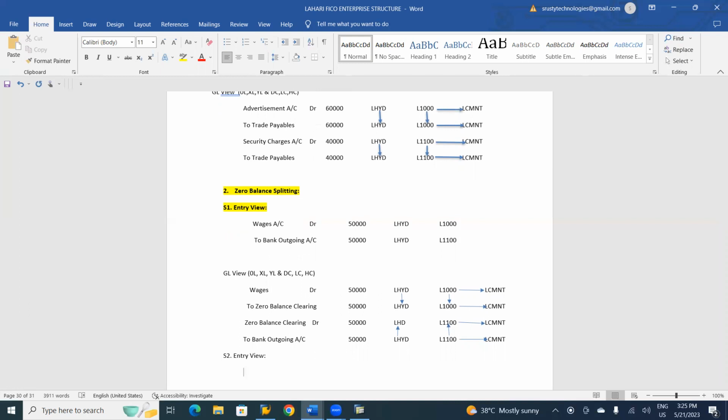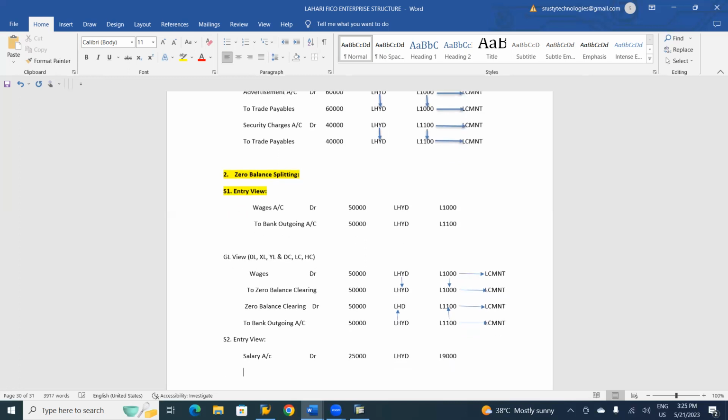Salary account debited, for example, 25,000, LHYD, corporate profit center L9000, to